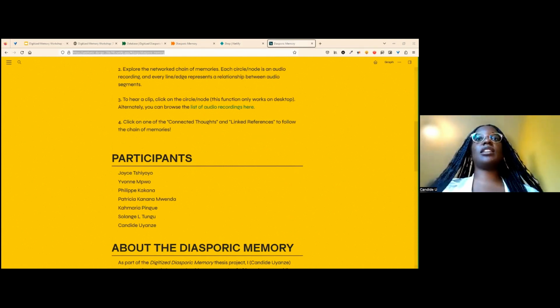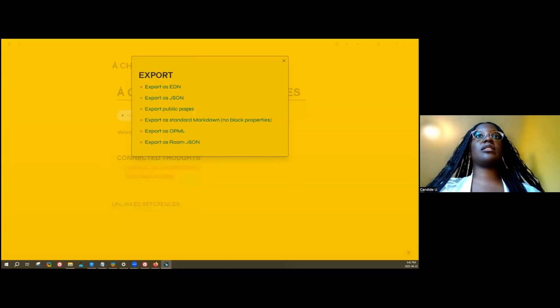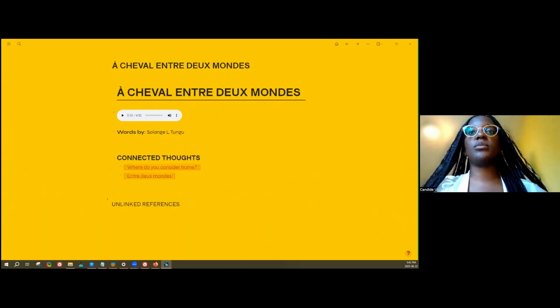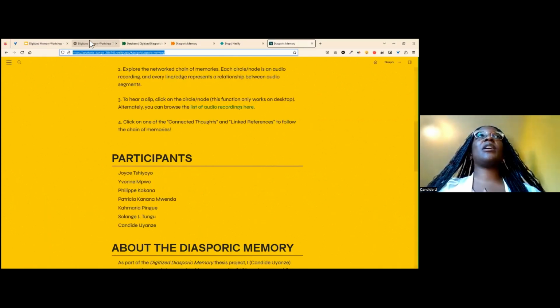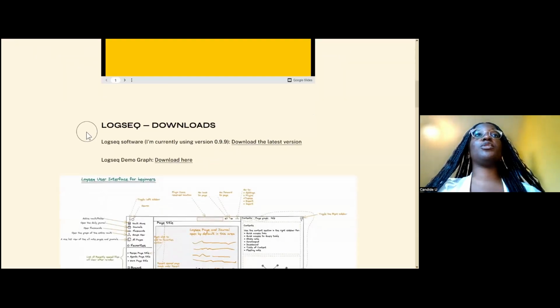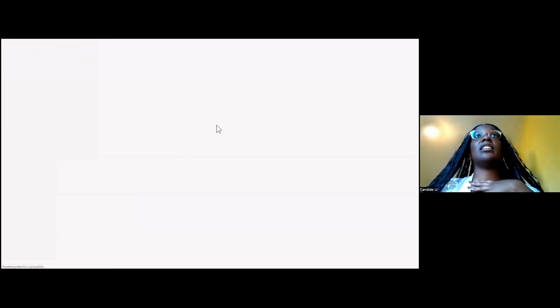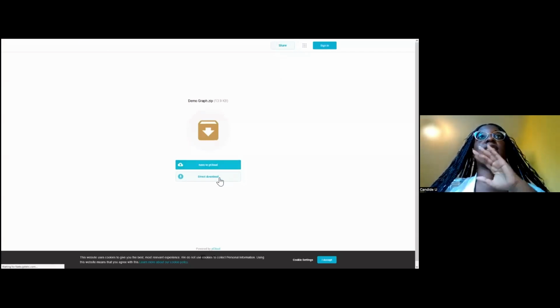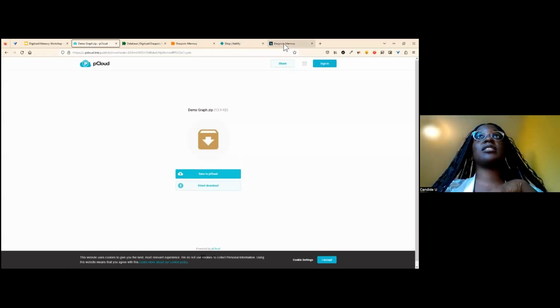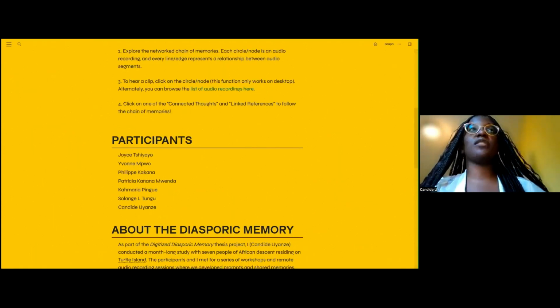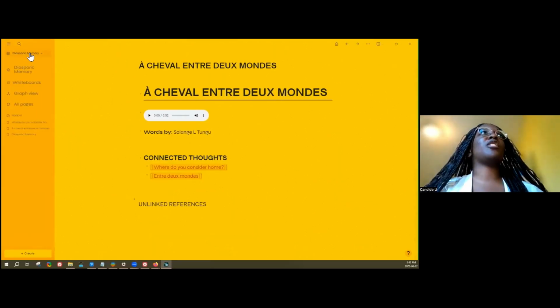So I'll go back to Blockseek. Actually, no, I'll go back to the webpage that I shared earlier. The demo I gave you of Blockseek was, like I said, very quick and dirty, not very in-depth. But if you do want to see the range of things you can do with Blockseek, I would recommend downloading the demo graph that I have. You can just click on that link, and there should be an option to download it on your computer. Just click on the direct download, unzip it, and I will show you what that graph looks like so that you can get a sense of what I've prepared for you.